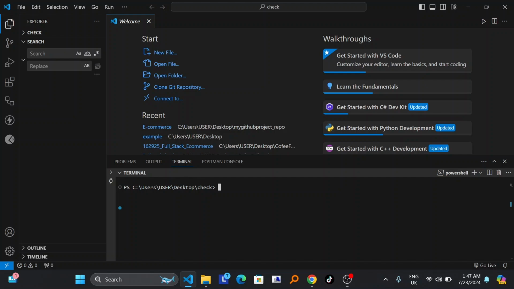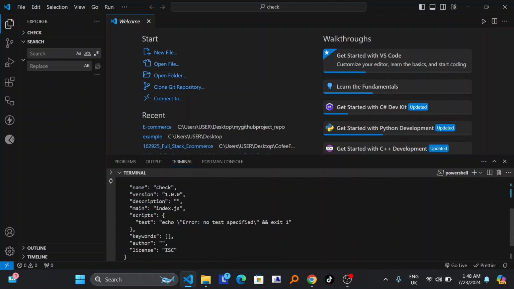The first thing I have to look at is whether I have Node installed on my computer. I can write node -v and check my version. I have installed it. This is version 18.18.0, and after looking at it, I continue to install my package. To install it, I have to write npm init -y and press enter,